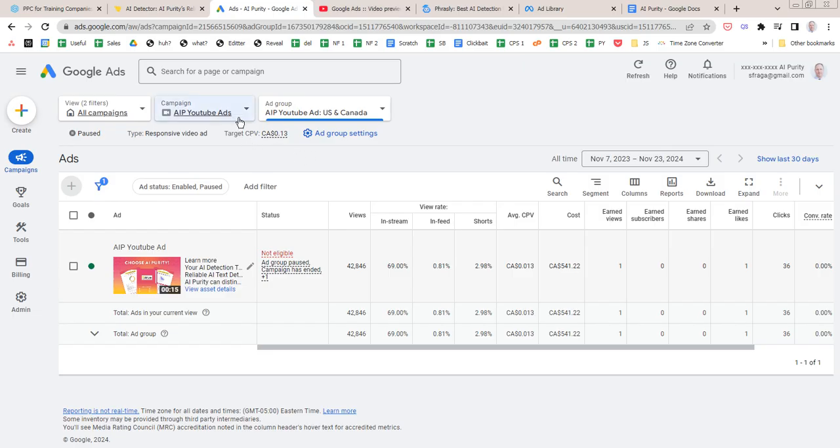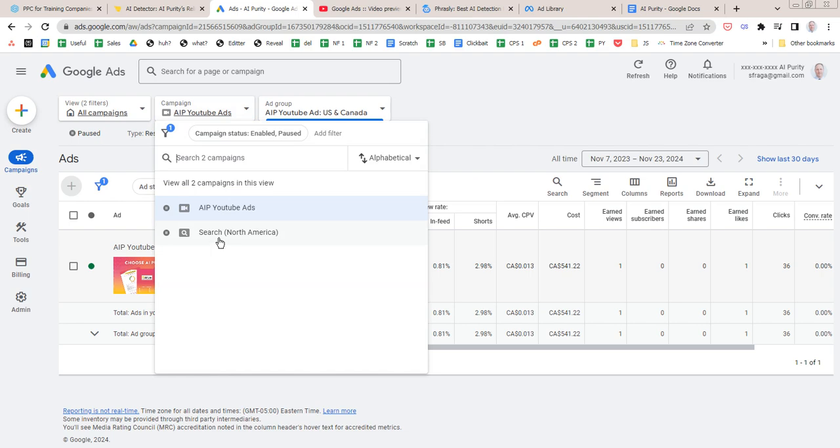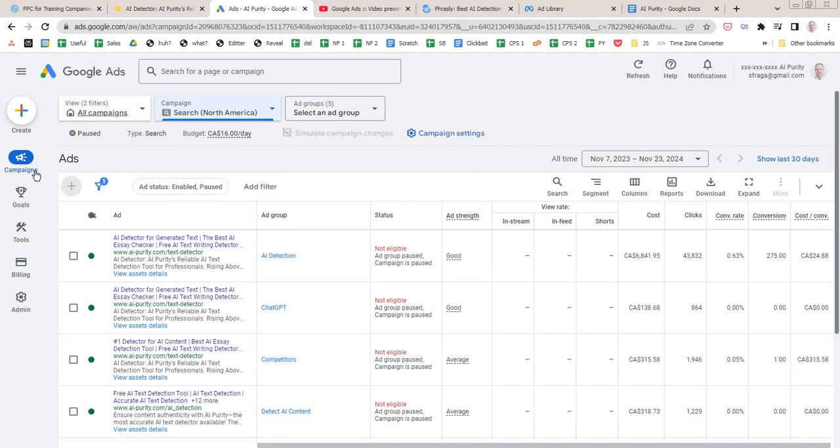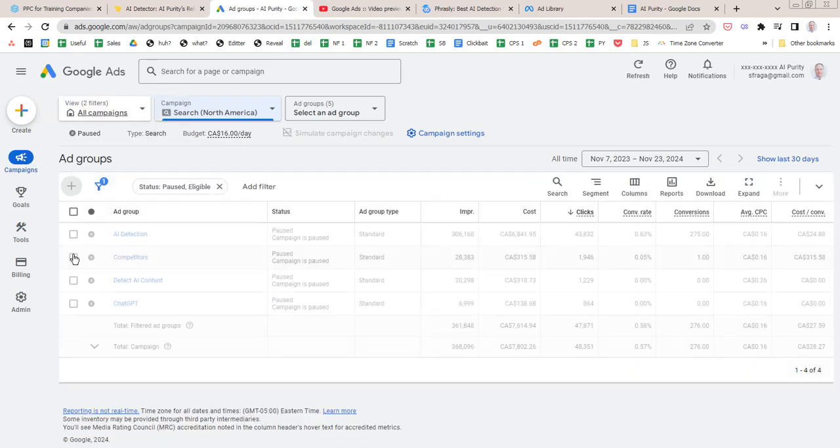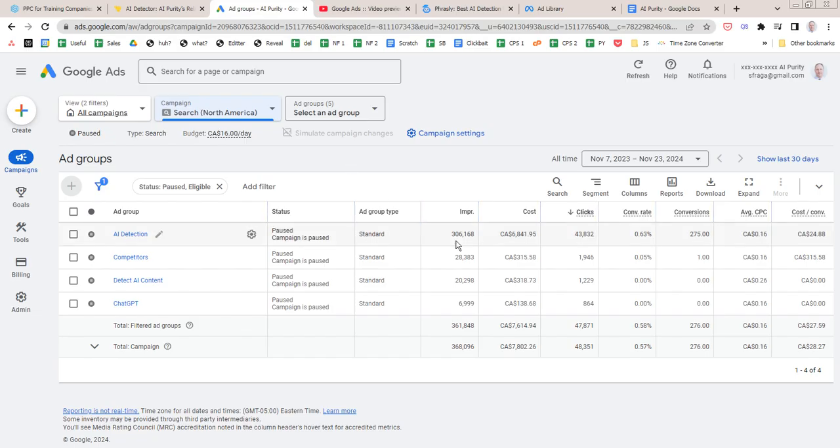Okay, so let me get to the search campaign. It'd be this other one right here. Okay, so here are the ad groups for the search campaign. There's one big one and some small ones. That's the big one. It's good to definitely have different ad groups when targeting competitors. This looks like version 2 of this, and I don't know what that is, maybe people that use ChatGPT specifically. Since this is the big one, I'm just going to focus on this one.